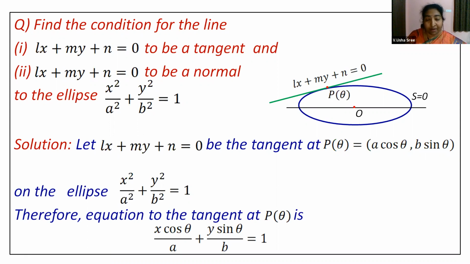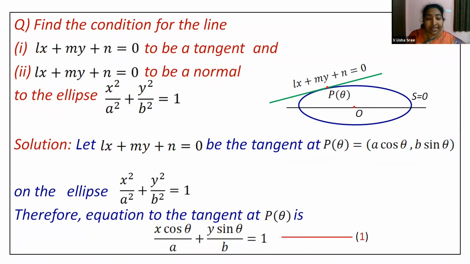Therefore, equation of the tangent, we will take it as x cos theta by a plus y sin theta by b equal to 1. How did we get this? By just taking x x1 by a square plus y y1 by b square is equal to 1. In that, instead of x1, you substitute a cos theta, and instead of y1, you substitute b sin theta. Or in general, you need to remember this form to make the problem a little easier, or in a quicker way, you can go for simplification. If you start with the substitution of x1 and y1, it takes a little time, children, when you are going for any multiple choice questions. All right.